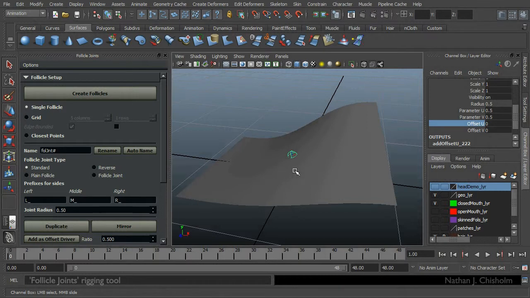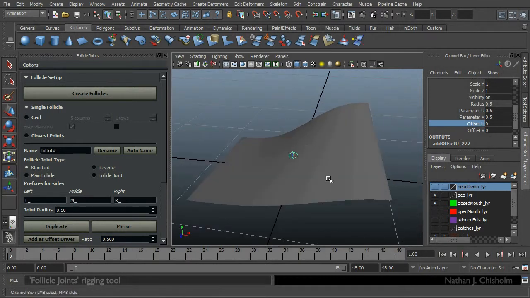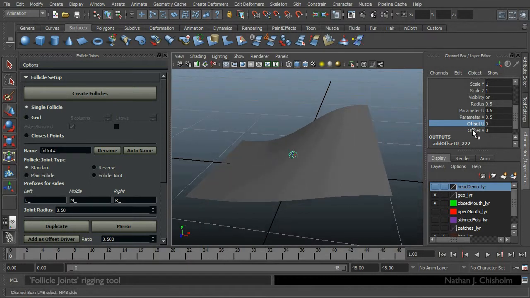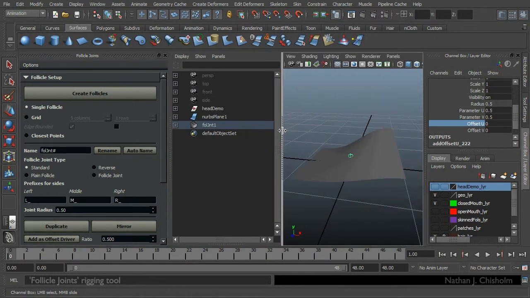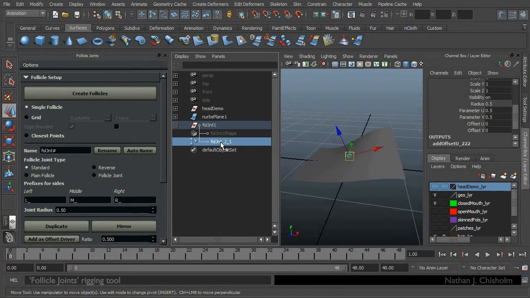Follicles come from the dynamics part of Maya, but people often use them for Maya ribbon rigging. I've adjusted them slightly, if I show the outliner. It's using native nodes, but I've put a joint under a follicle, and the attributes that drive the follicle with parameters.